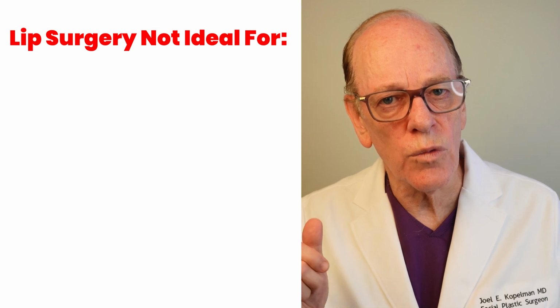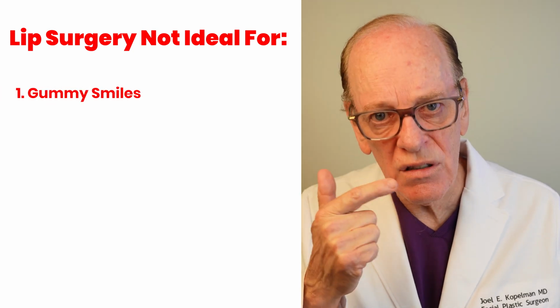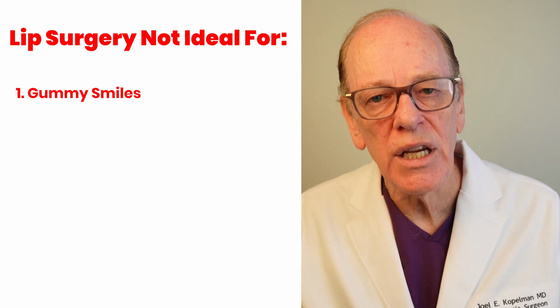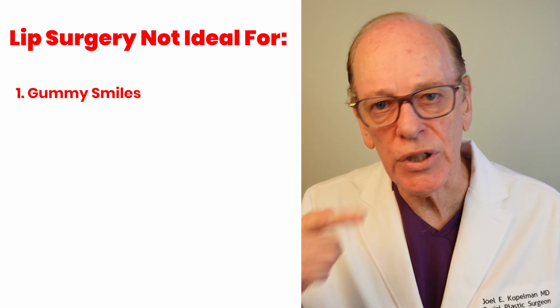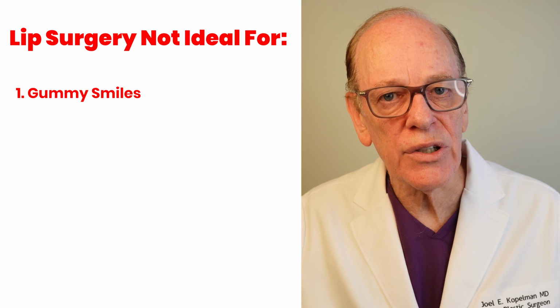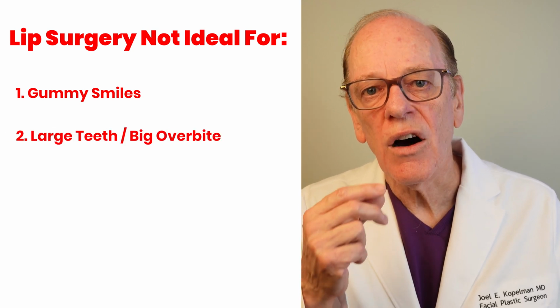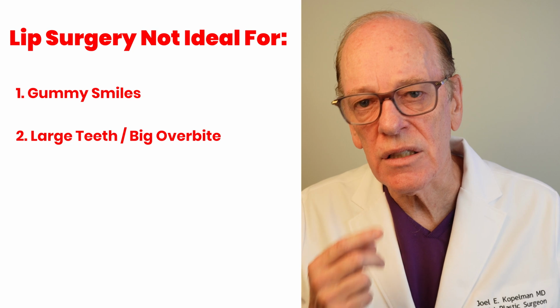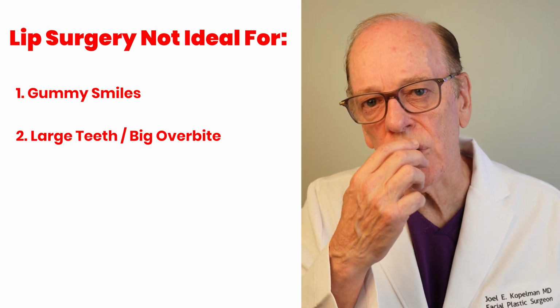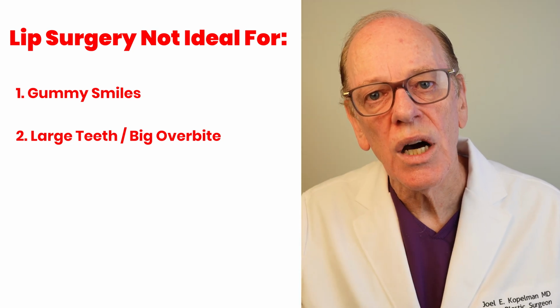There are 4 categories of people who I don't think are ideal candidates for a lip lift surgery. Those people are typically, one, they have a gummy smile, which means as they smile, there's exposure of their gum line, and it only will get more exposed by shortening the distance from the base of their nose to the lip line. The second type of patient has large teeth, or an overbite of their upper palate to their lower palate, and by doing that, their large teeth also will,